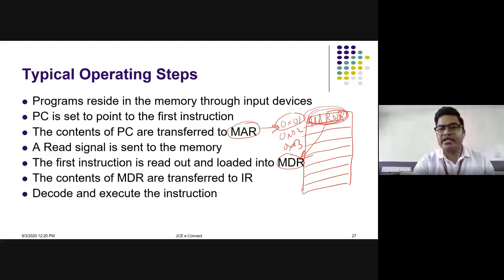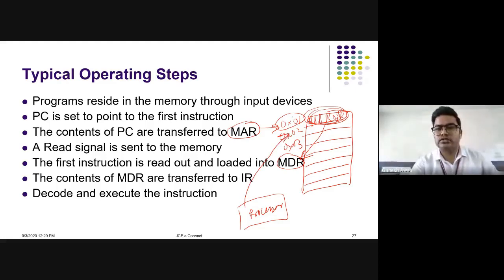Decode and execute the instructions. So we have fetched these instructions from the memory to the processor, and then our processor ALU will decode and execute that instruction. Understood? So this was the memory, suppose, and here is our processor. Okay, so what is happening? First, the processor will tell which memory address. So first, the PC, program counter, will tell the MAR which memory location. So this first memory location, yes or no?